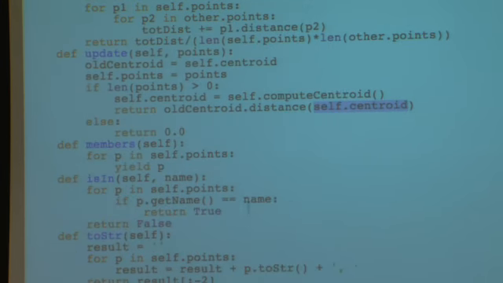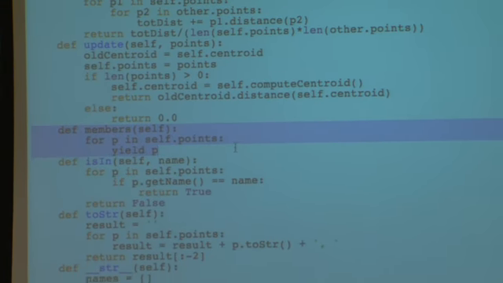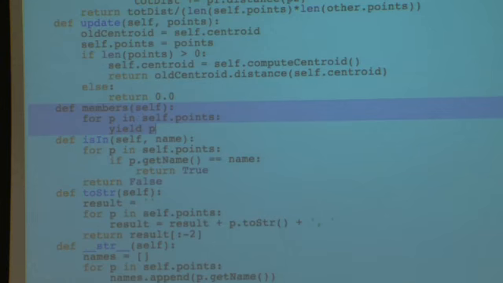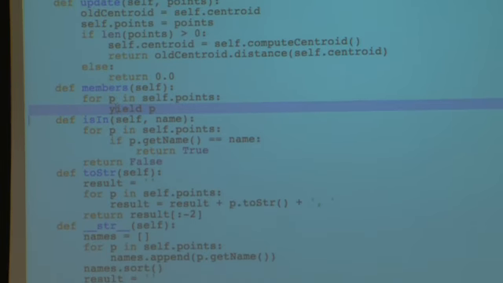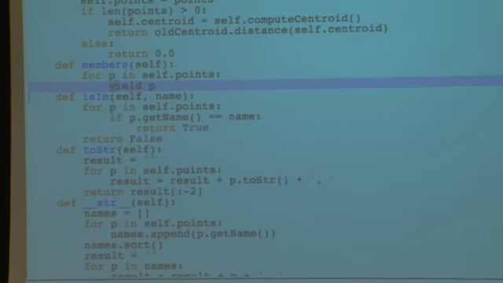All right. And then there's just some bookkeeping stuff here, like members will just give you all the points in this cluster. You all know what yield does, right? We explain it. Okay. So yield returns a generator object, which allows you to iterate over elements. So this was asked during the quiz review, what's the difference between range and xrange, right? So if I have